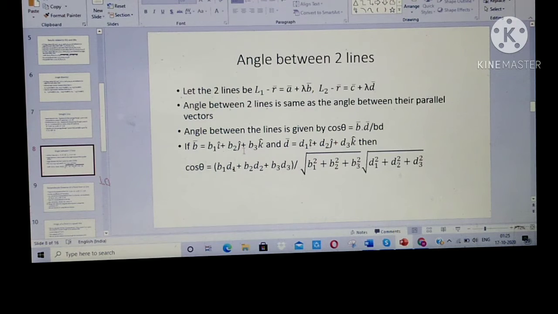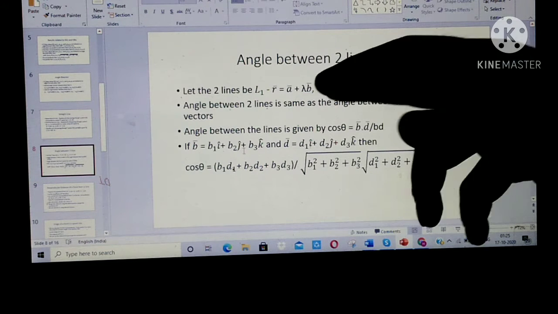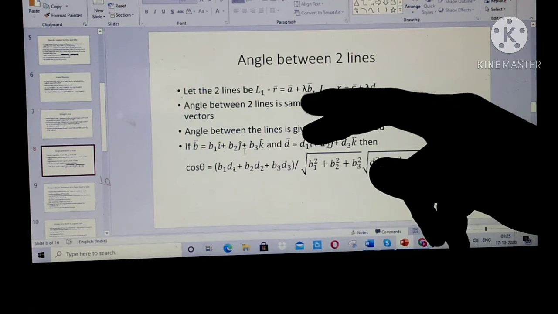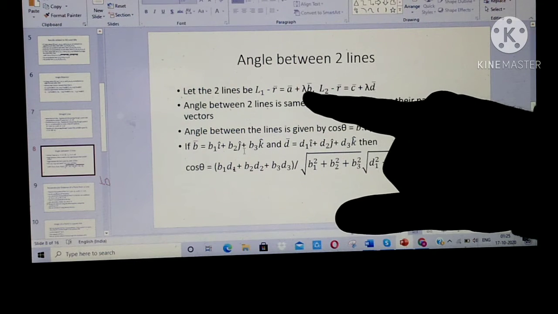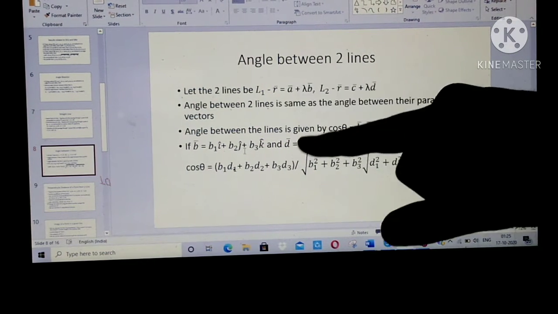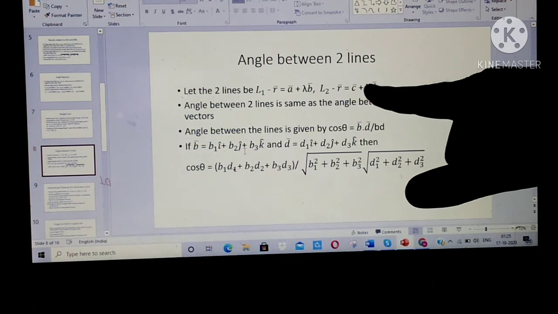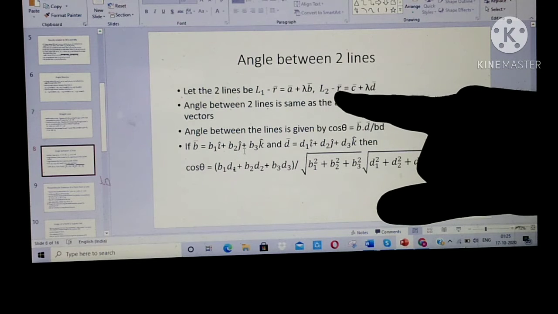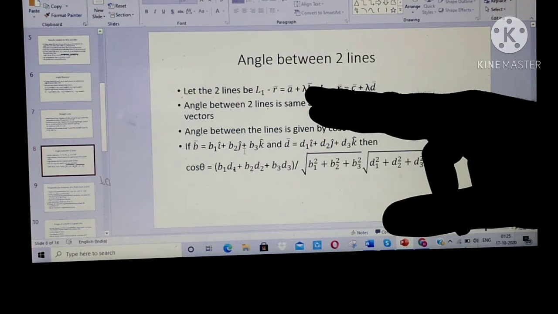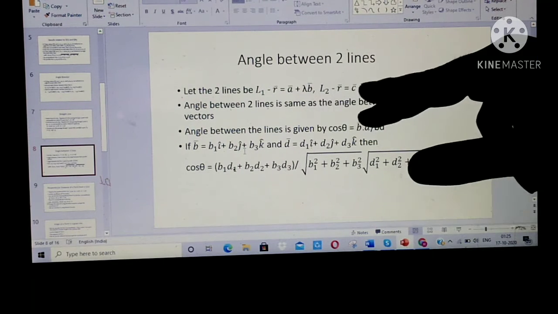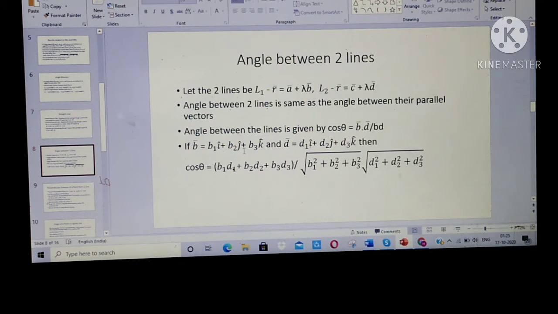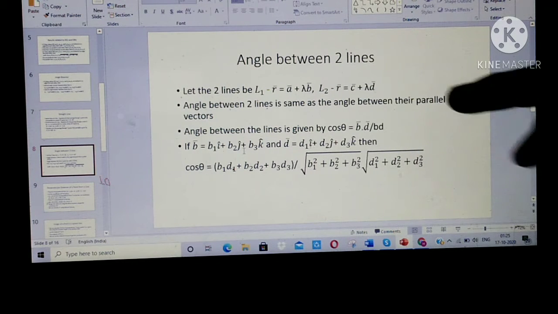Now how do you find angle between two lines? So this also is quite simple. If suppose we are given two lines, we want to find the angle between them. So what we need to do is find the vectors which are parallel to these lines. So if L1 is r vector equal to a plus lambda b, which means b vector is parallel to L1. Similarly, the other equation is L2: r vector equal to c plus lambda d. So d vector is parallel to the second line. Okay, so the same angle will exist between b vector and d vector, which exists between these two lines, right? So I can use the dot product.